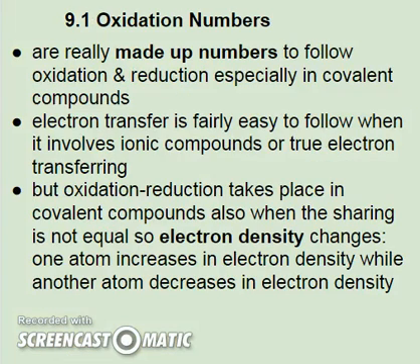So, oxidation numbers. Oxidation numbers are kind of goofy because they're really made-up numbers. Now, in the case of metals, family 1 and family 2, those aren't made-up numbers. Family 1A always loses 1 electron. Family 2A always loses 2 electrons. But when you get over to the nonmetals and to the transition metals, then it's really more about